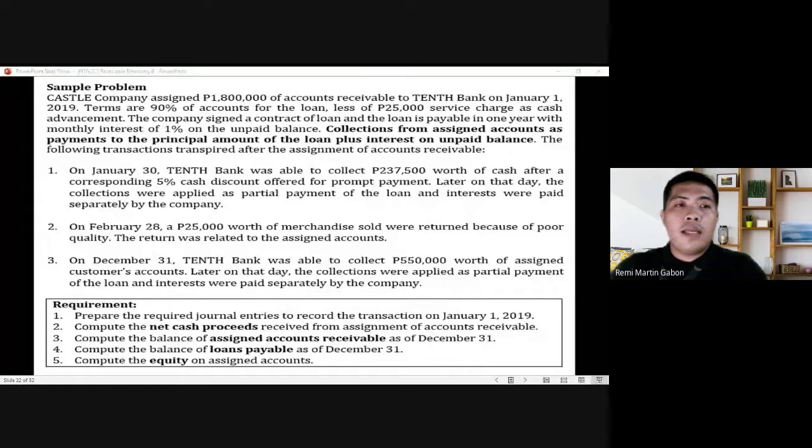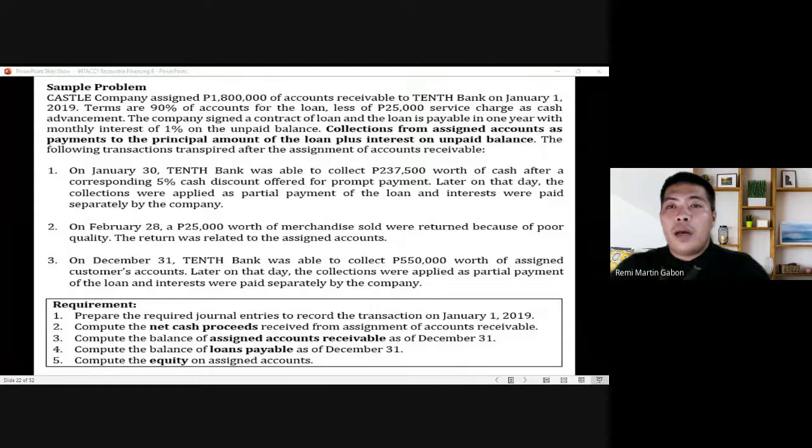Later in that day, the collections were applied as partial payment for the loan and interest were paid separately by the company. Therefore, by that statement, it is said that it is notification basis due to the fact that it is the 10th Bank that was able to collect